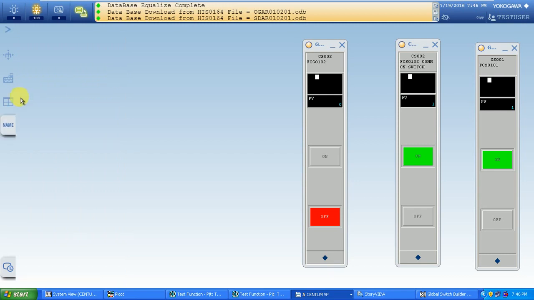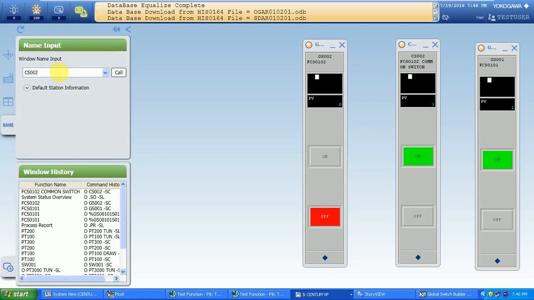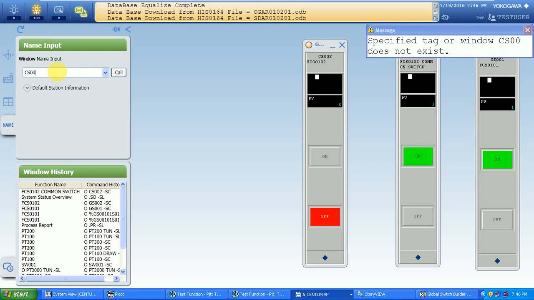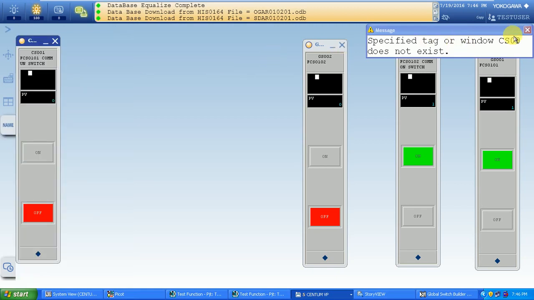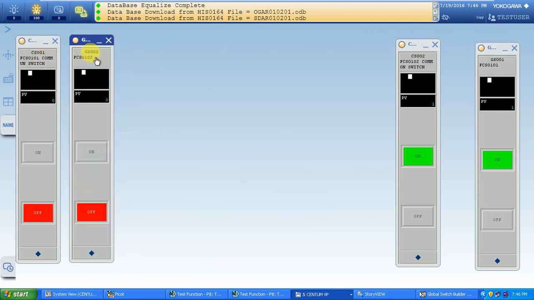CS001, because 1 is linked to 2. Oh sorry. Okay, these two are linked. CS001 is linked with GS002.